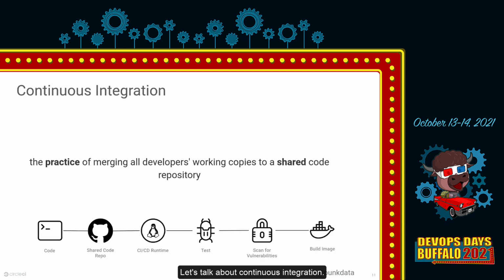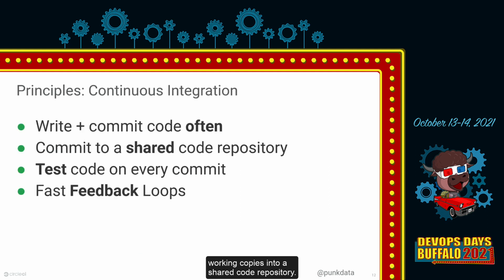Let's talk about continuous integration. It's essentially the practice of merging all developers' working copies into a shared code repository. And here are some of the benefits of continuous integration. So, we're writing smaller portions of code or functionality. We're committing those code changes often and to a shared repository. The code is tested on every commit instead of manually being tested. And then my favorite benefit of this